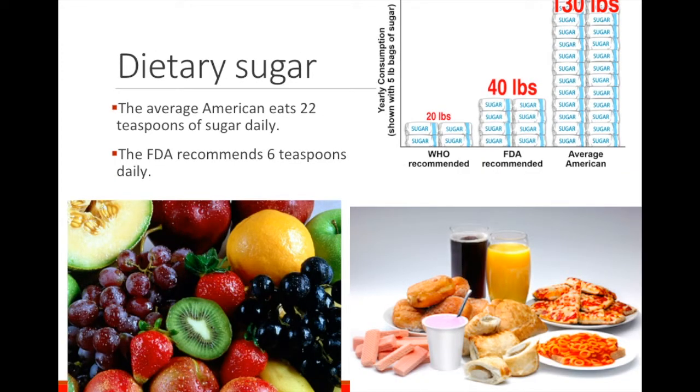Sugar tends to get a bad rap. A lot of things we hear about nutritional science focus on these aspects of specific macromolecules. Sugar is always cast as bad. Americans eat on average about 22 teaspoons of sugar a day, compared to the recommended 6 by the FDA. The World Health Organization actually recommends less. The high sugar consumption of Americans gets linked to obesity, diabetes, and other chronic illnesses such as heart disease.